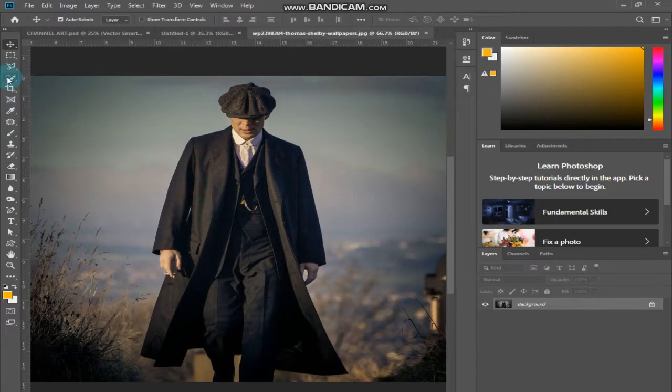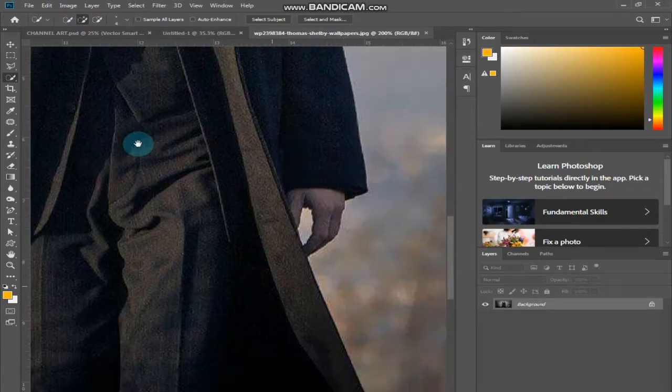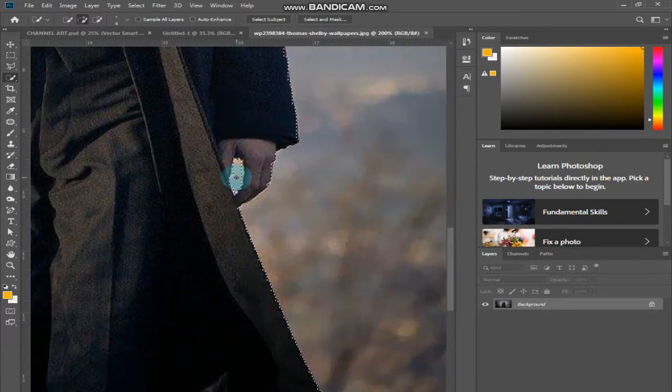For that, I am going to use the Quick Selection tool. It's fourth on the toolbar. It may be different in some other versions of Photoshop, but it's fourth for me. So let's wait. Okay, so I am going to crop it out.